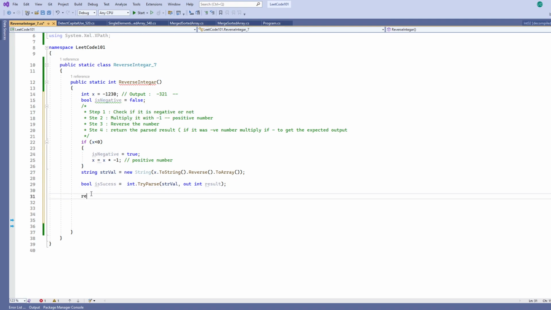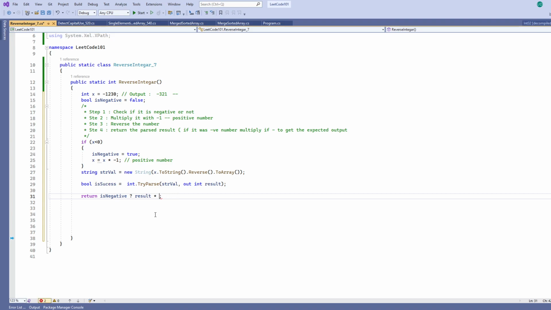Since we have already initialized int here, we can just say return result, and then first check if it is negative. If it is negative, what do you want to do? Return result times